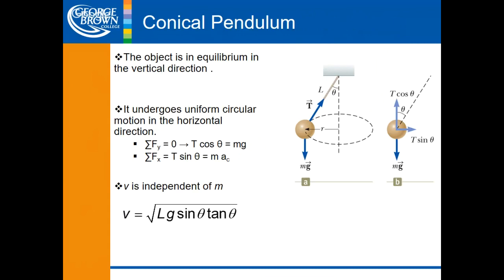It depends on if I want to find the velocity, how fast the ball is traveling around using this conical shape. It's usually the square root of the length of the ball times gravity times sine of theta, right, which is the angle that it's away from the center during its rest position. The rest position being straight up and down, right? So whatever that angle is, however far I can get it, multiplied by the tangent of that angle, and then you take the square root of all that, like I said, and you get the velocity, which is kind of a neat